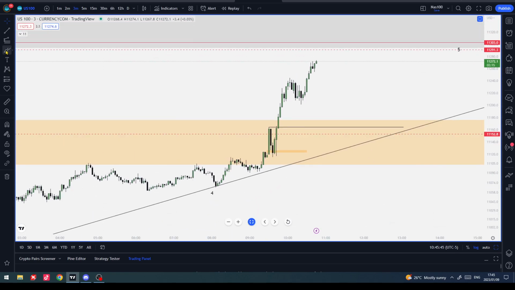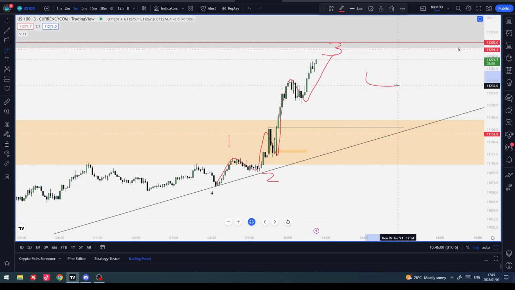And what we're starting to see here now is a 1, 2, then a 1, 2, 3, 4, and we're coming into a 5. So this would give us wave 1 of wave 5, wave 2 of wave 5, wave 3 in here of wave 5. We'll get a retracement probably into this FVG or the previous wave 4. So down here, and then finally up for the wave 5. So that's what I want to see for this count.